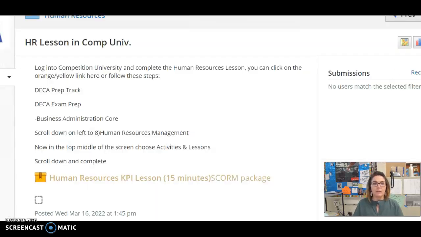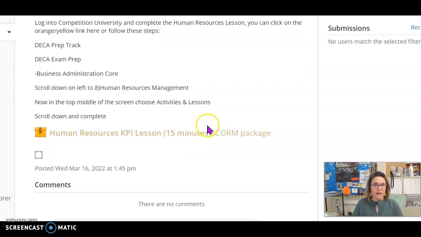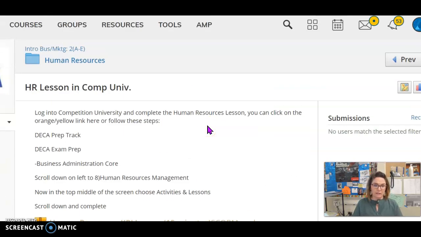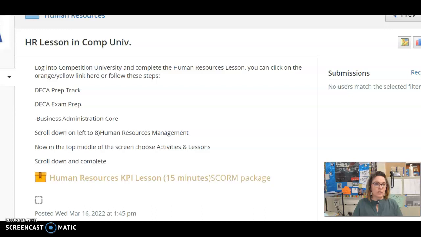So I'm going to come back over to my assignment. And when I come back over to my assignment and I take a look at the instructions, I'm just going to